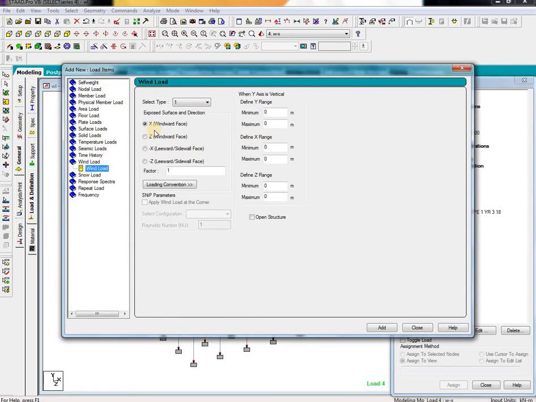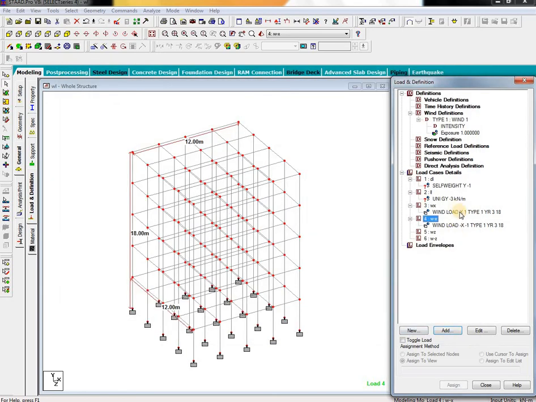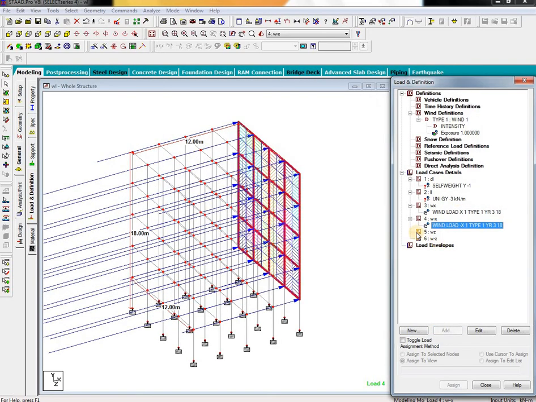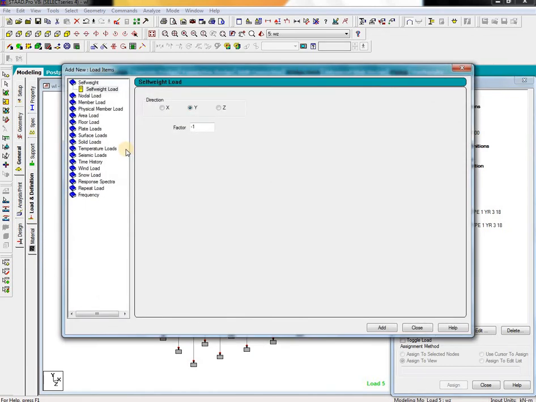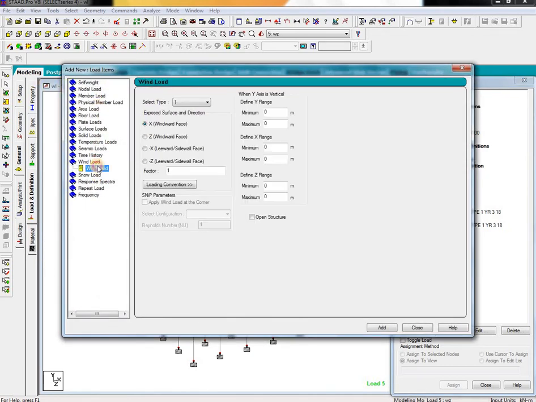Again go to wind load, that is negative direction, factor. Then here minimum 3, maximum will be 18. Then add, close. Then go to Z direction, add. Here you just select the wind load, that is Z direction positive, minimum 3, maximum will be 18.